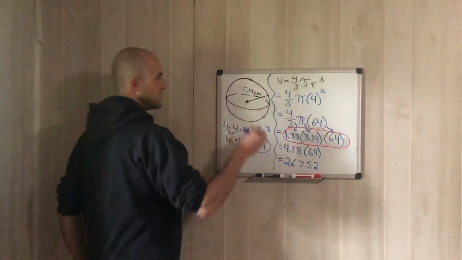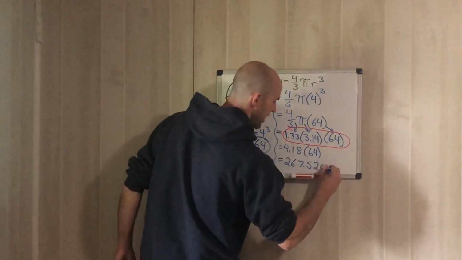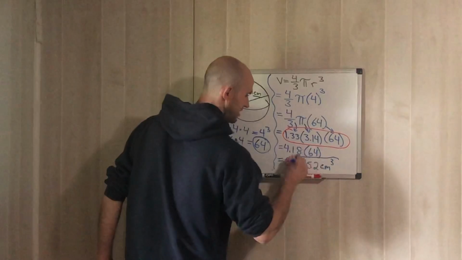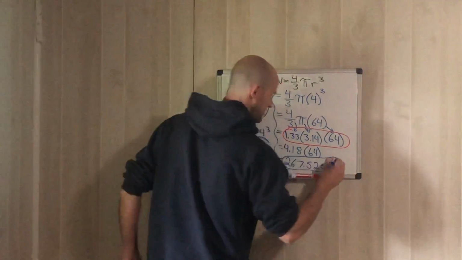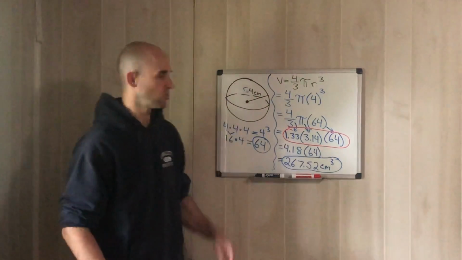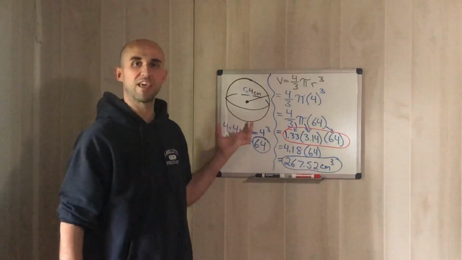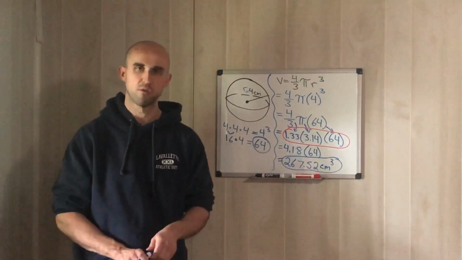And let's not forget centimeters. And since we're dealing with volume, it's got to be cubed. That's our answer right there. 267.52 centimeters cubed. Which again, cubed is because we're dealing with volume. But if we were looking at that sphere, that's how much it would be able to hold on the inside,